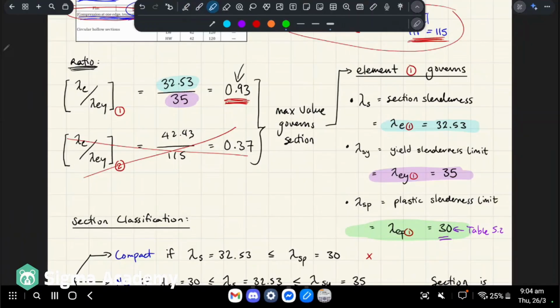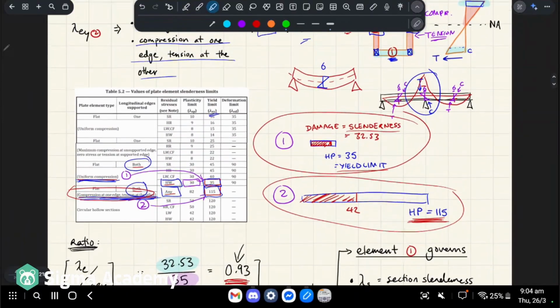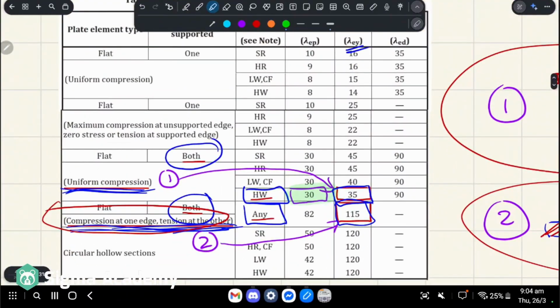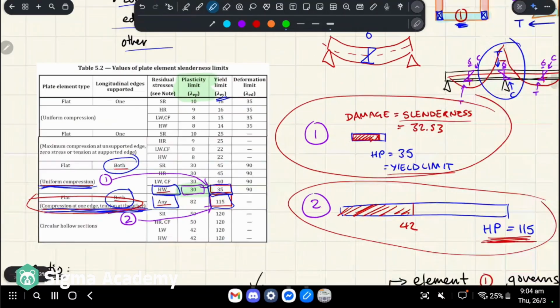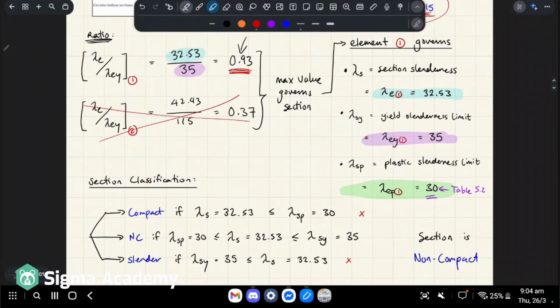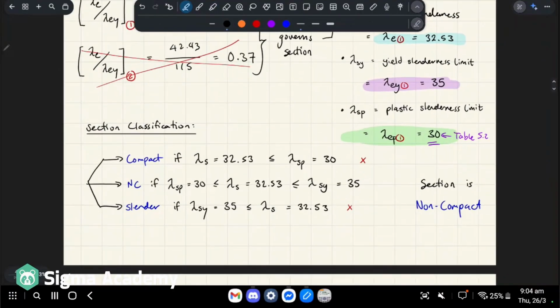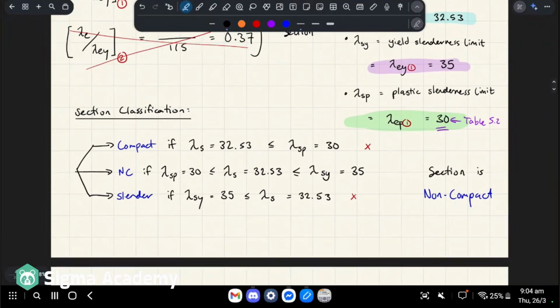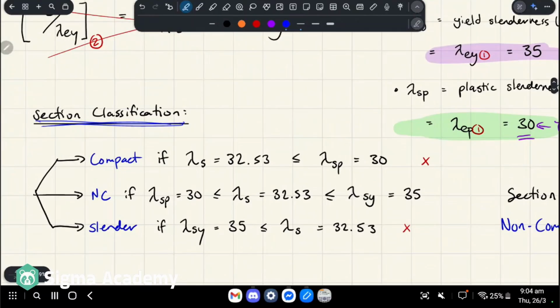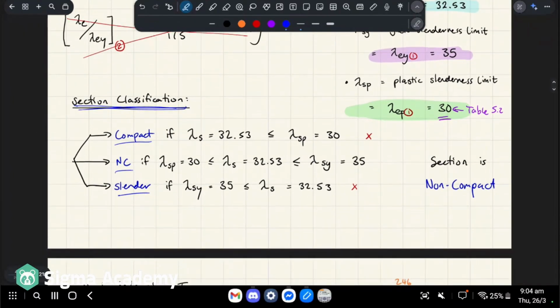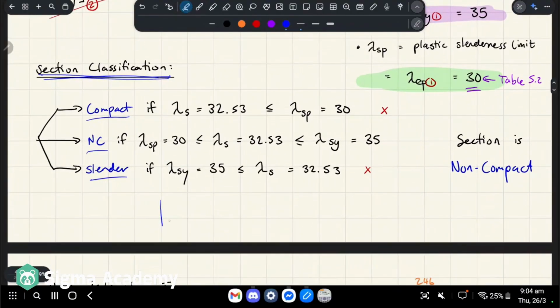And this isn't something that we've grabbed so far, but we go back to this table, and we go back to the row which our governing element was in, and now we go to our plasticity limit, and we find that it's 30, okay? So here's where the HP analogy falls short a little bit. We have to think of this in terms of a new analogy, but what we're doing now is we're classifying the section's slenderness, right? So we need to know if it's compact, non-compact, or slender. So the idea is that if I draw this out,